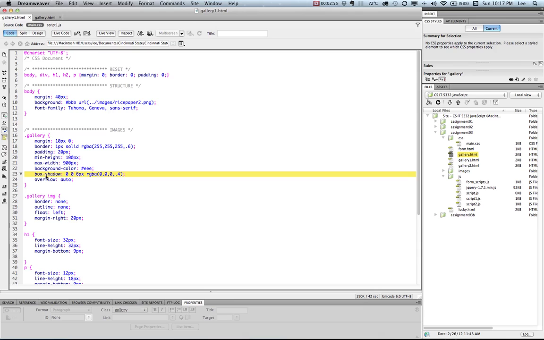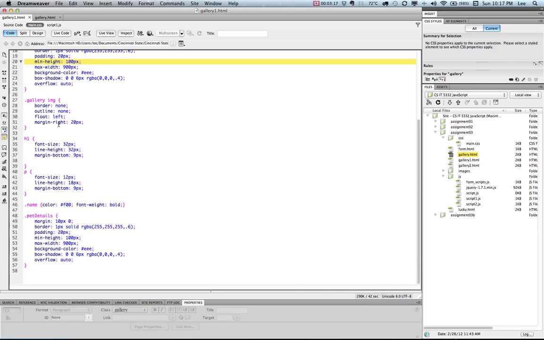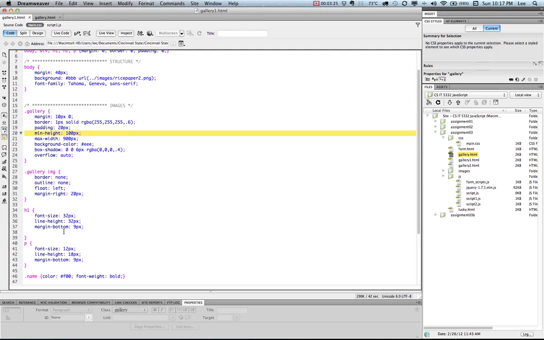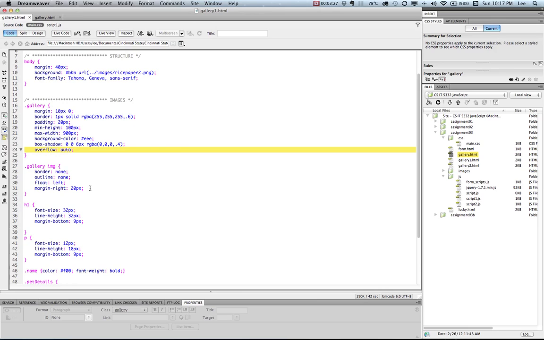I've given a box-shadow property. Notice RGBA is the color space. RGBA doesn't work with older versions of Internet Explorer, but we're using Firefox, and if you're on Windows 7 with IE9, it should work fine. Maximum width, I set a minimum height, and basically just a bunch of styling on the rest of the document. Nothing really out of the ordinary. The only tricky thing I did was I cleared the floats with overflow auto, and I put a box shadow